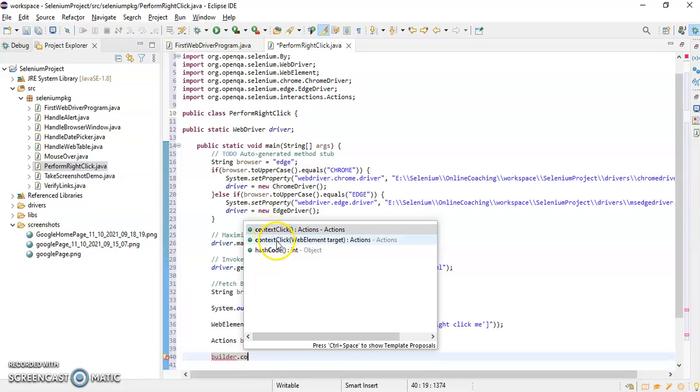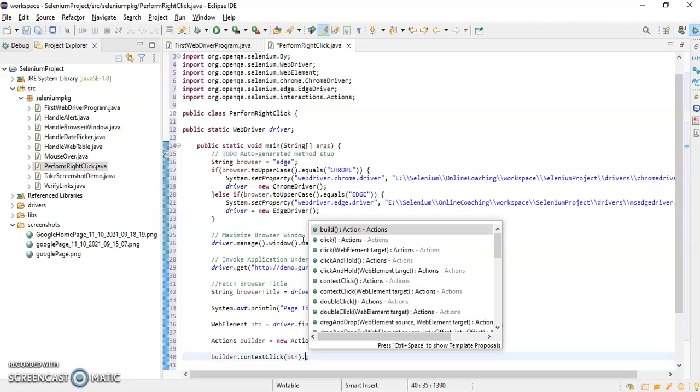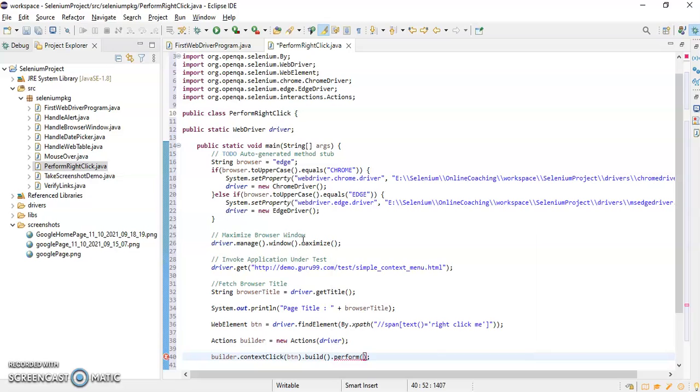But if you go for this contextClick where we are passing a WebElement as a parameter, whatever the web element you provide, there it will perform right click. So we will go for the second one, and here I'll write button, and then dot build dot perform, right?